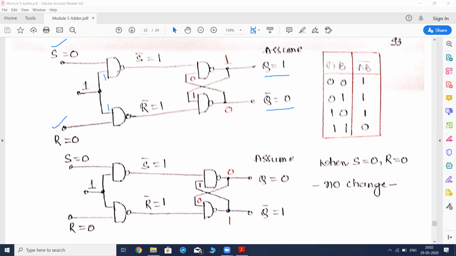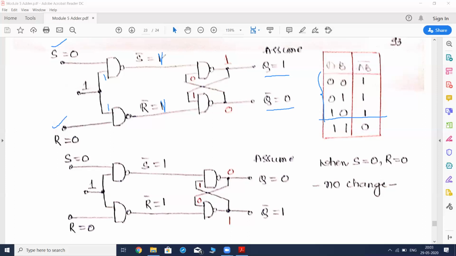So what are the inputs to this NAND gate now? It is 0, 1. For this it is 1, 0. When any one of the inputs is 0, according to this truth table, we'll get the output as 1. So thereby we have written 1 over here, and similarly we'll get 1 over here. But in order to analyze this S bar R bar latch, we need to start our analysis from 0. This I have already told in the previous session.